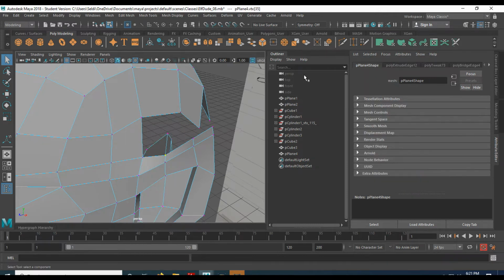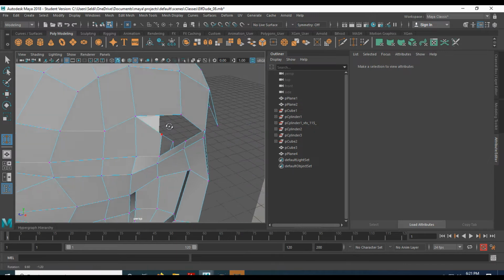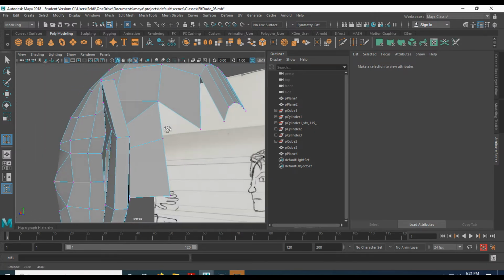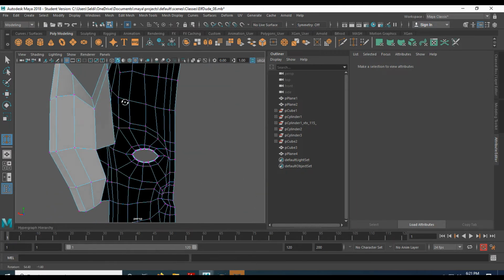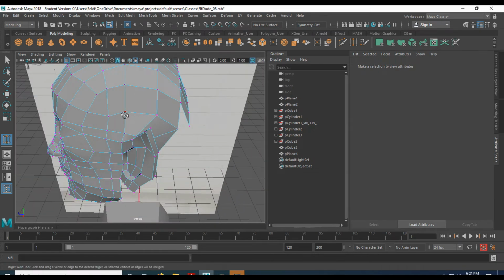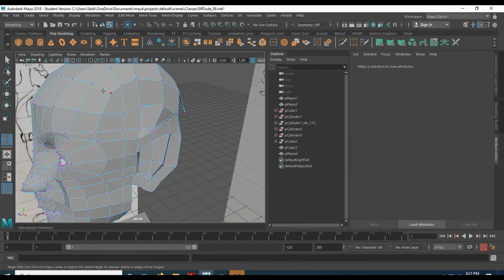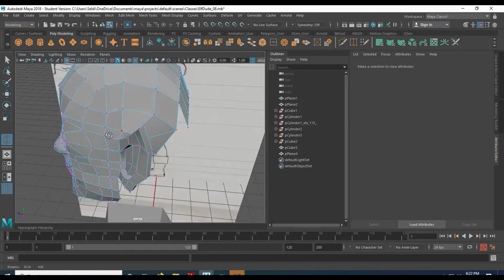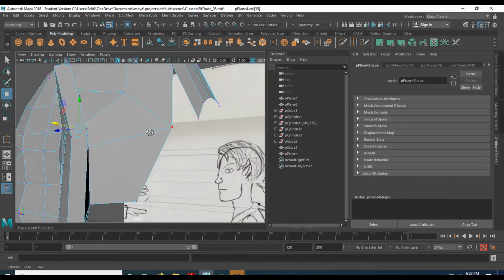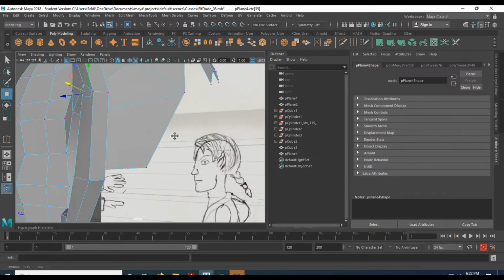Vertex mode. Target weld. This one to there. This one to there. Now, in the back of the head, when it comes to these three or five stars, since the back of the head doesn't flex, you can get away with it a little bit more for directional changes. I'm not going to connect that one just yet,